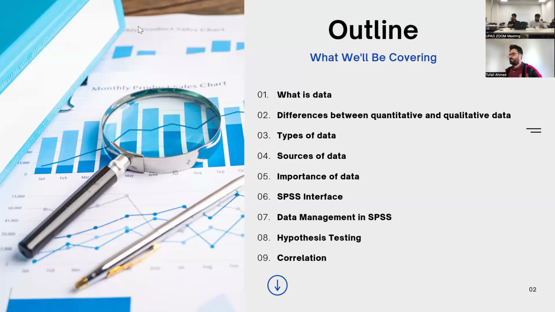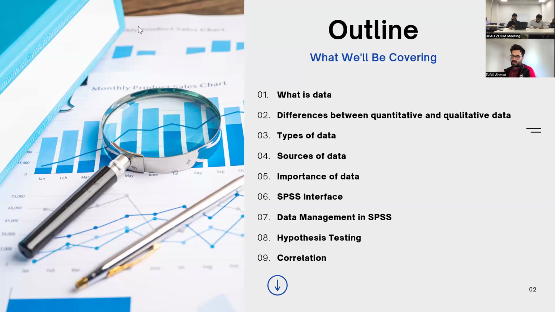What we will be covering today is a brief outline of the topics in this lecture. Firstly, we will talk about what is data, what we can call data, and what the differences are between quantitative and qualitative data. You already had, if I'm not wrong, a session on qualitative data, so I will briefly introduce you to quantitative data as well.